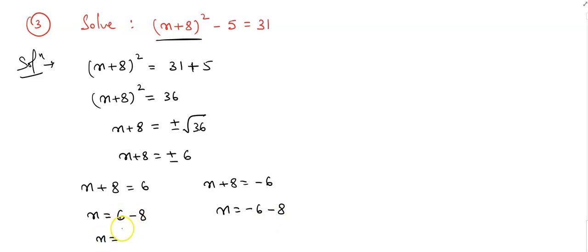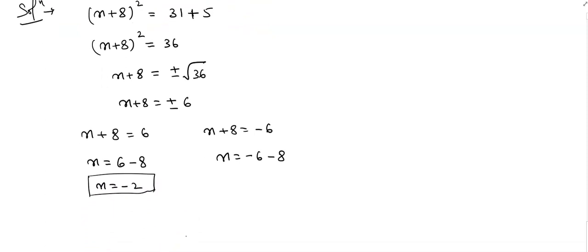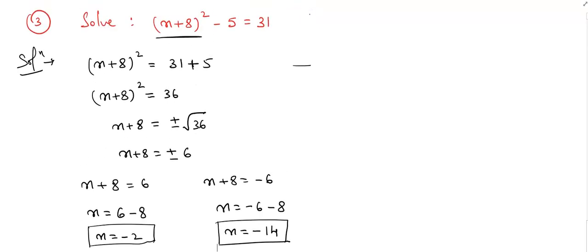In 6, can you subtract 8? No. No means minus. You should do the opposite calculation. Then 8 minus 6 is 2. So m is equals to minus 2. Is this clear? Then m is equals to minus 6 minus 8. If both are minus, we should write minus, but we should add. 6 plus 8 is 14. Is this clear? So now here we have got two solutions of m. M is minus 2 and minus 14. I hope you have understood the problems, and how you can expect them in the exam.